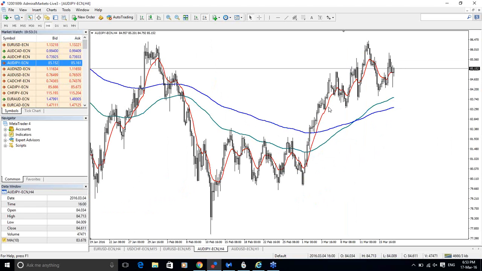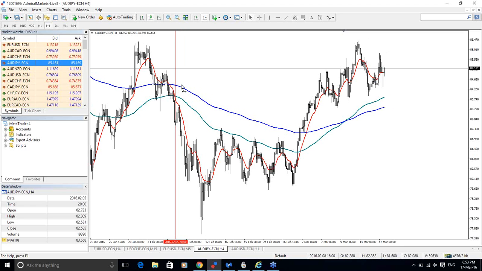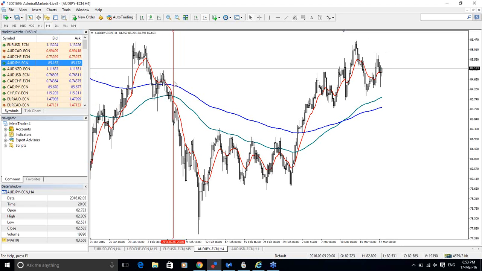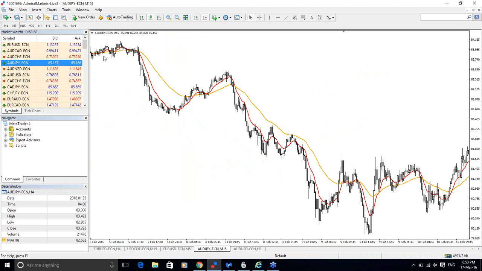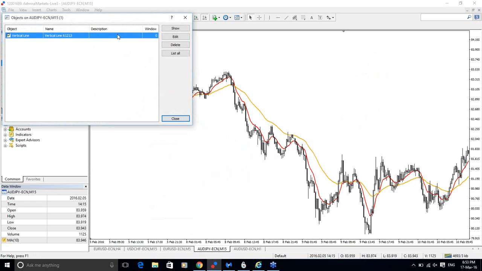But we want to take it as a trend. Okay, so we want to take this. Let me see if this will allow me to show on my chart. Okay, so this is a cross. This is a more valid cross because this was the first cross. Maybe a candle before this. Yeah, this was the cross. So let's zoom on to 15 minute and let's try to find it out here on 15 minute.